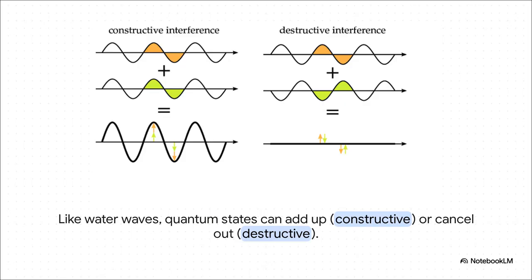You can literally amplify the signal of the correct answer, while making all the incorrect answers just cancel each other out. Think about waves in a pond. When 2 wave crests meet, they join up and make a bigger wave, right? That's constructive interference. But when a crest meets a trough, one up, one down, they cancel each other out. Poof! That's destructive interference. Well, the probabilities in a quantum computer behave just like those waves.